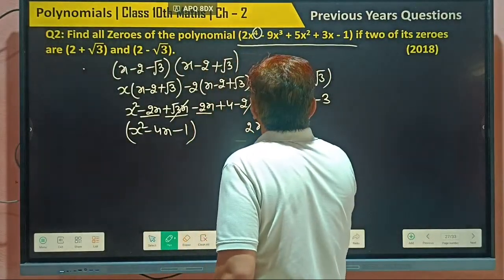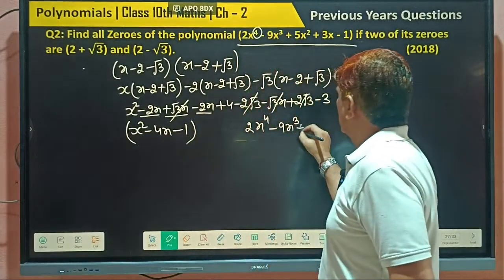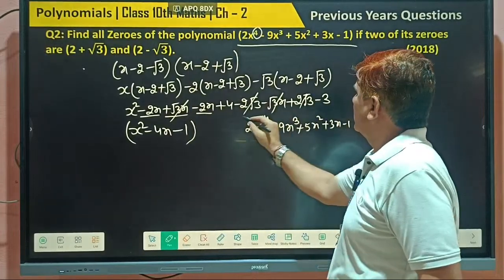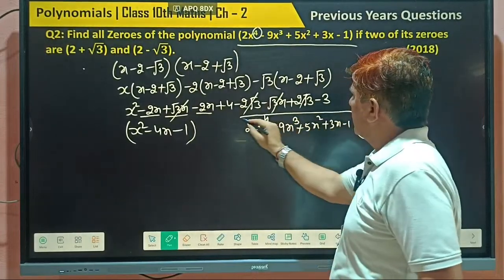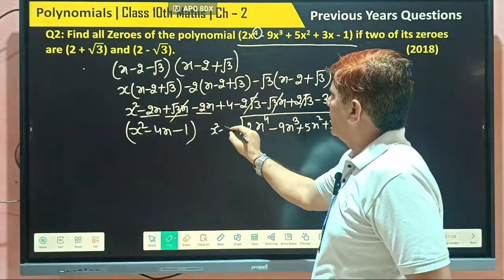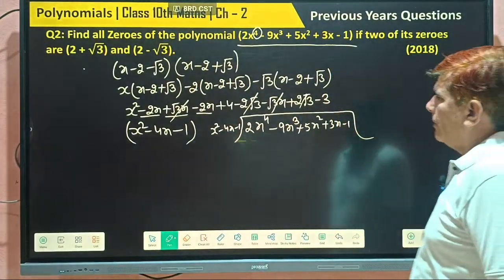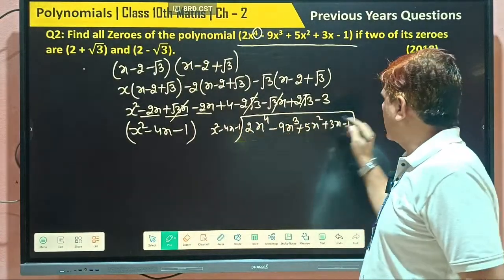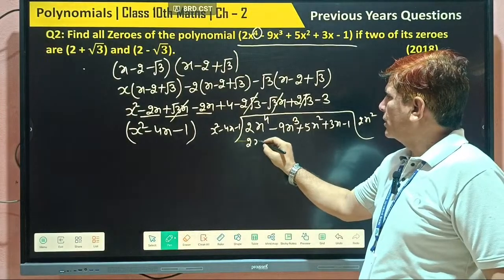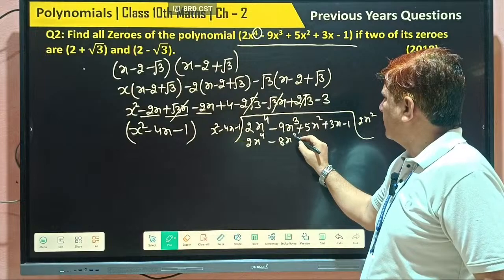2x power 4 minus 9x power 3 plus 5x square plus 3x minus 1. This is divided by x square minus 4x minus 1. We can multiply this with what? So it becomes 2x square. So what's it become? 2x power 4 minus 8x power 3